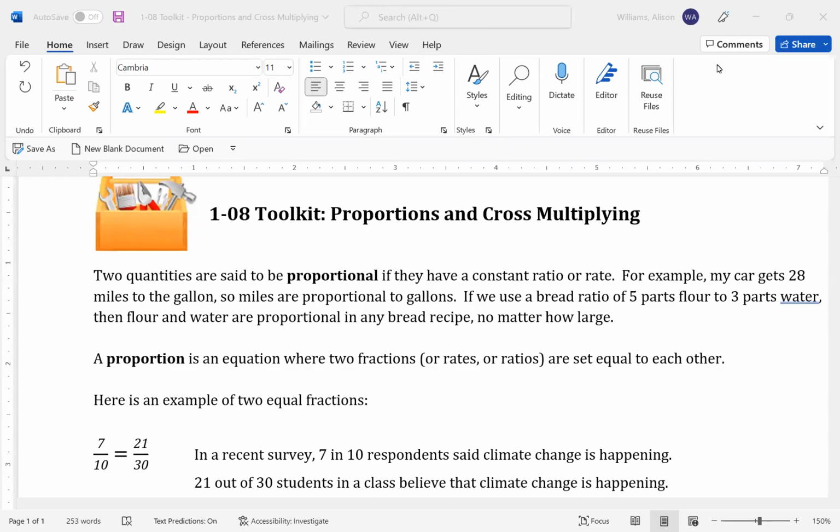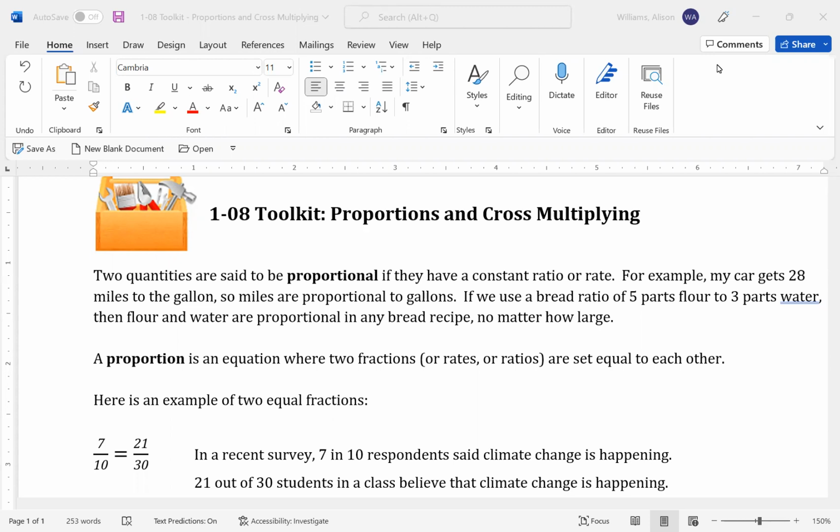In this video, we're going to talk about proportions and cross multiplying. Two quantities are proportional if they have a constant ratio or rate. They give some examples of ratios and rates, but here's a real example of proportion. Proportion means we're comparing two rates or two ratios, and if they are equal, if they're the same, then that is a